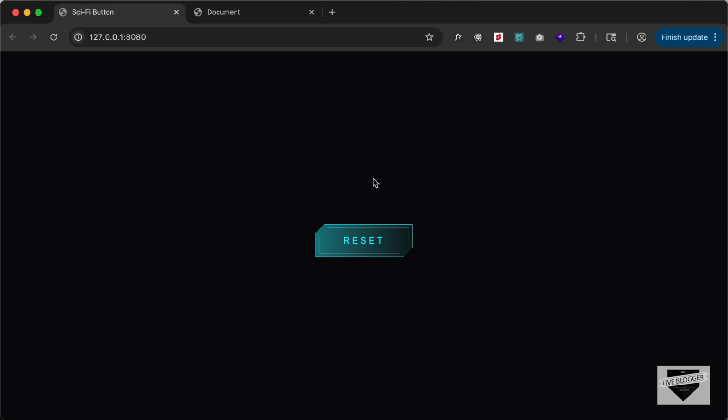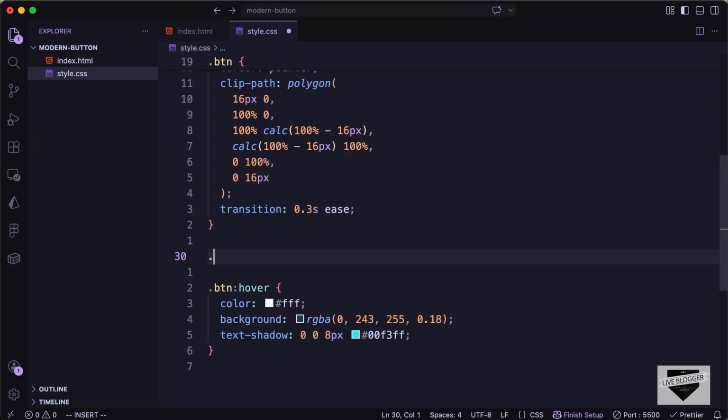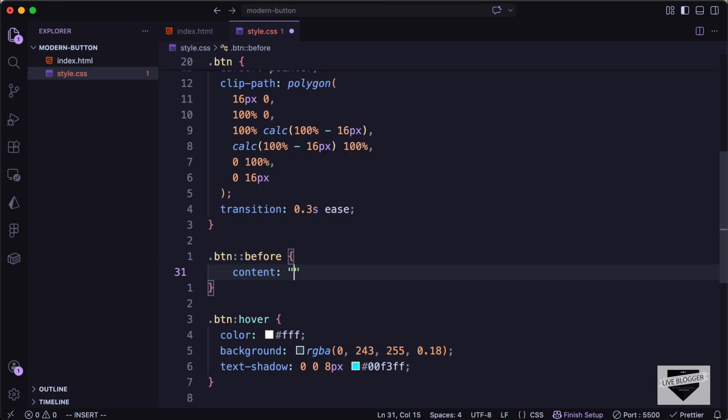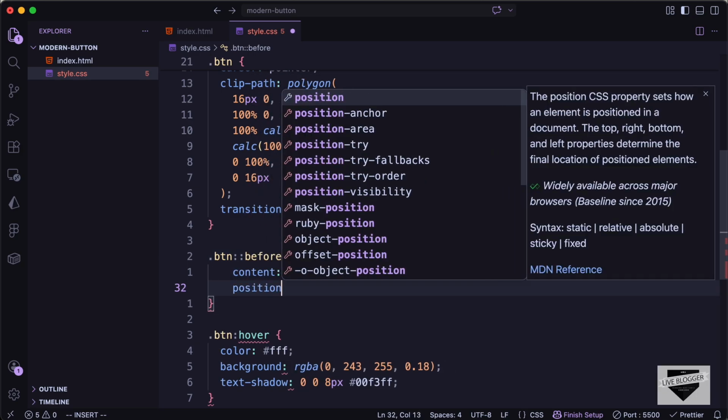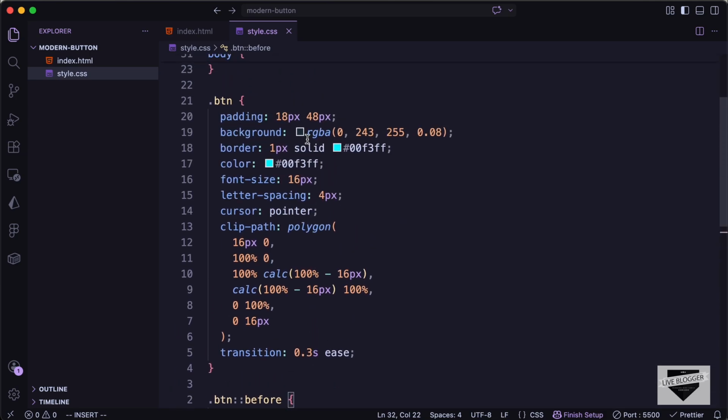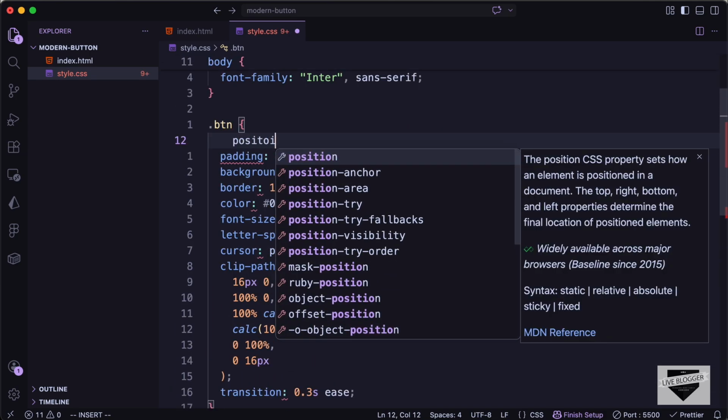Right now we need to go ahead and add this color that goes from the left to the right side, and also this inner rectangle that we see over here. So for that, we will use after and before selectors. So let's go back, and here let's type button colon before, and let's type content of blank. Let's set the position to absolute, and this should be positioned relative to this button. So for the button, let's type position relative,